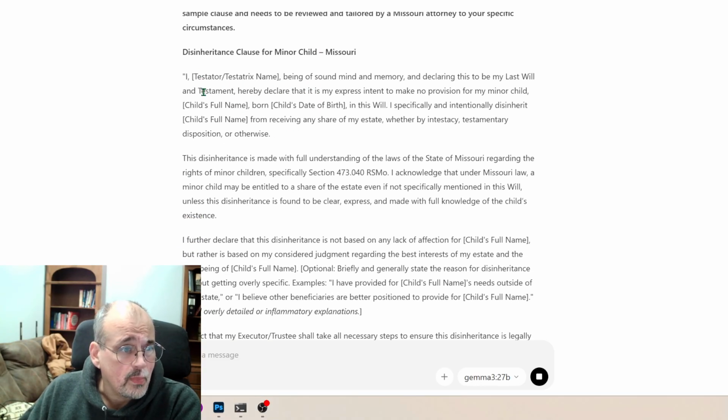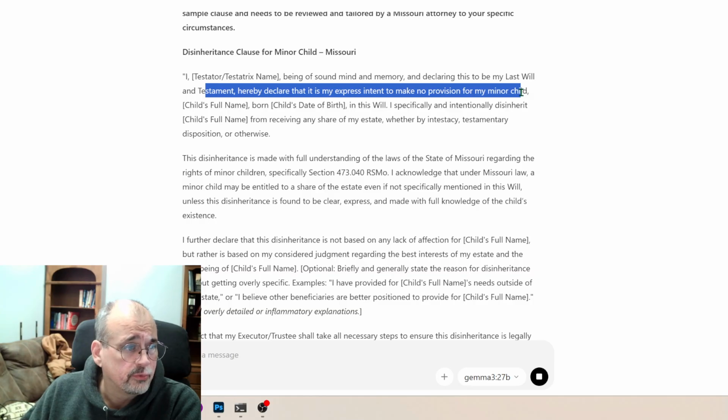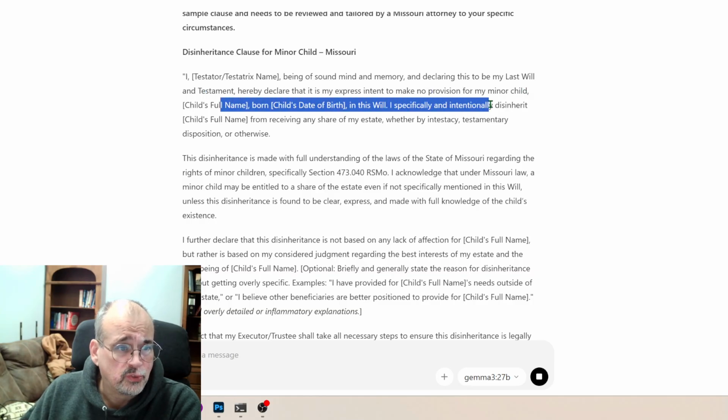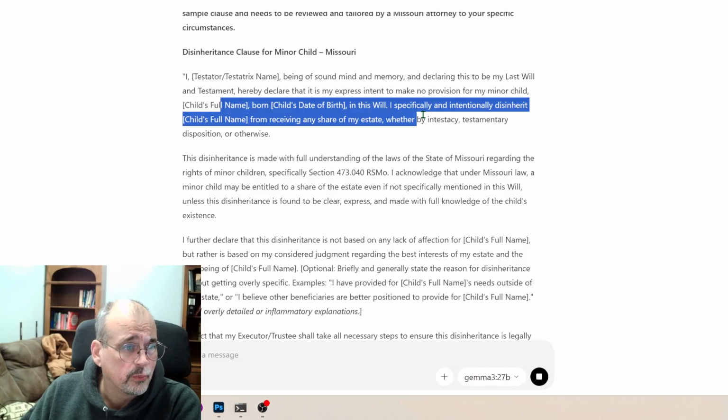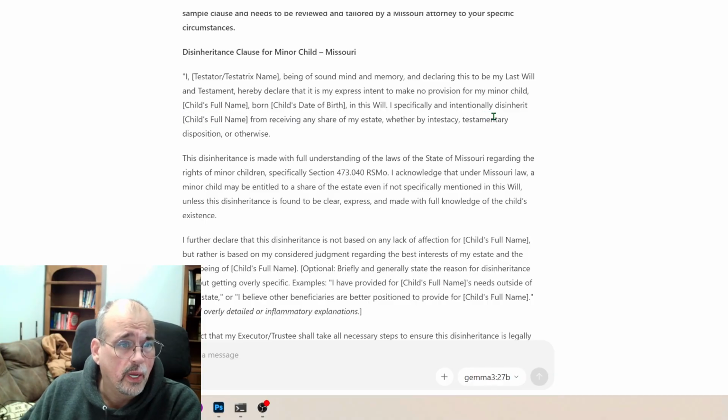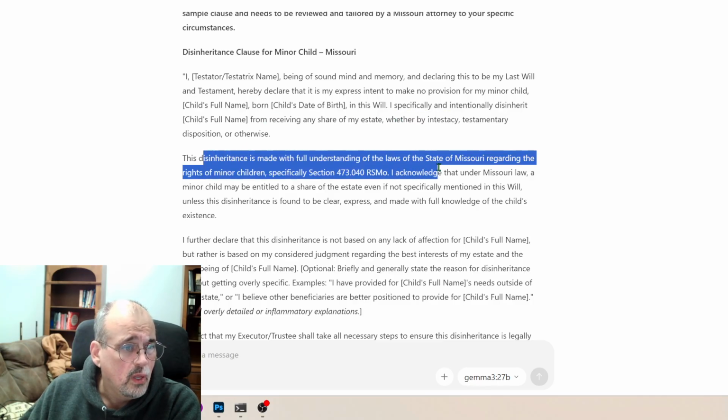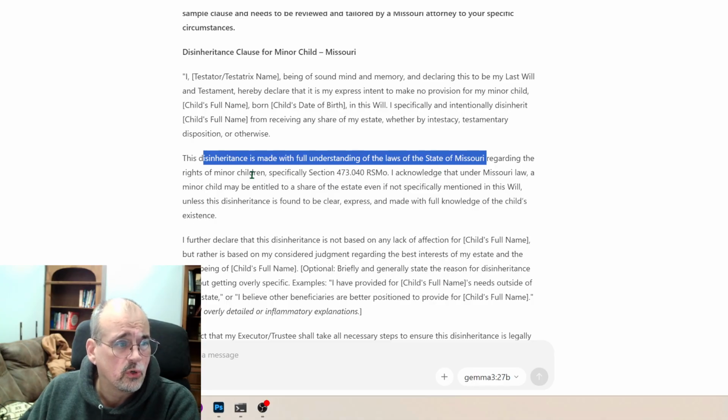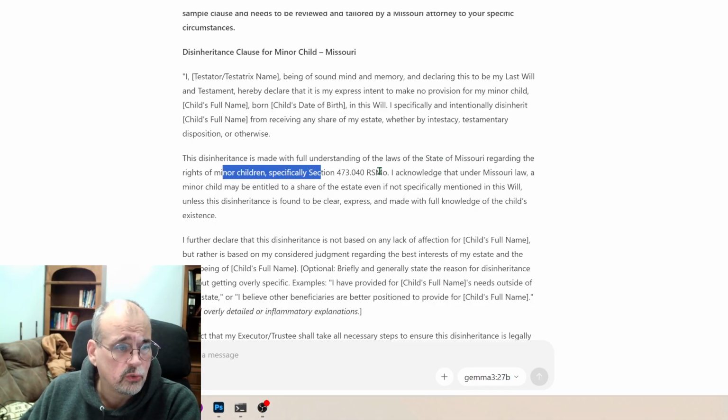So, my express intent, make no provision for a minor child. I specifically and intentionally disinherit from receiving a share of my estate by intestacy, testamentary disposition, or otherwise. Made with full understanding of the laws of the state of Missouri regarding the rights of minor children, specifically